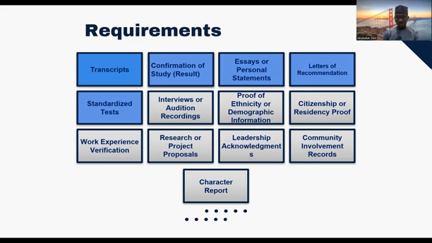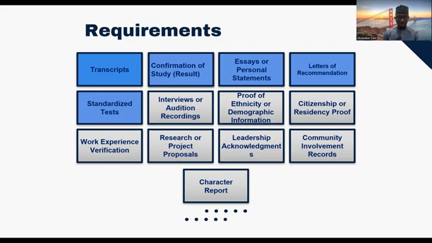This is all about things you write down about yourself and why you should get the scholarship and why you are applying for that scholarship. Letters of recommendation include what your professors or your bosses will write about you to recommend you to the scholarship committee so that they will consider you and offer you the opportunity to go and study.